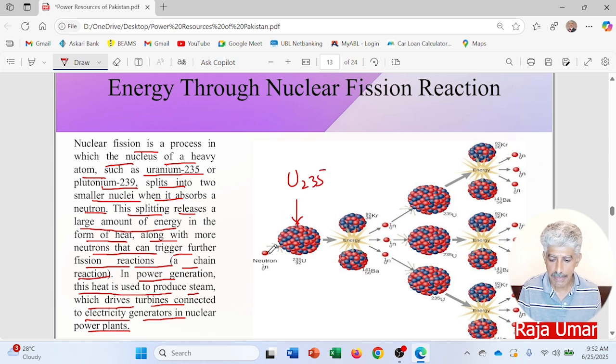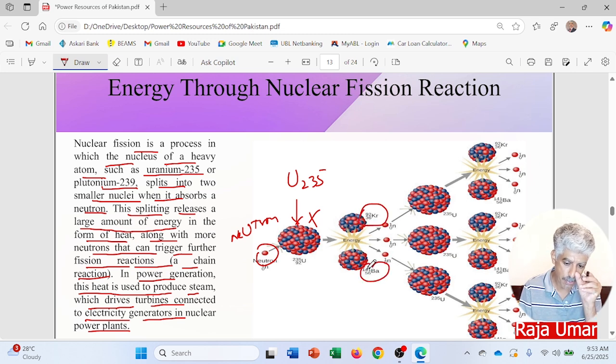235 atom, and here we are going to strike a neutron, and when this neutron hits the nucleus of uranium, this uranium atom breaks down into barium 92, and krypton 92, and barium 141, the atomic masses, and a lot of energy is released over here, and 3 neutrons evolve out of this process, and these 3 neutrons further strike 3 more uranium atoms, and break them up